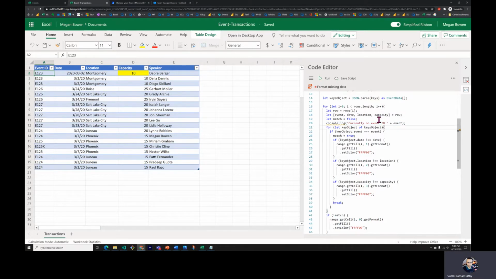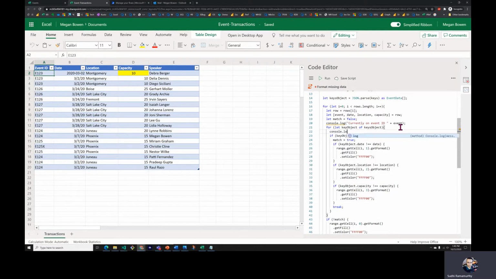And then over here, I'm going to say console log "comparing event" "master event record of"